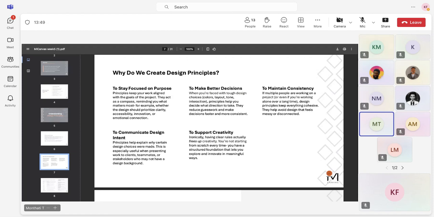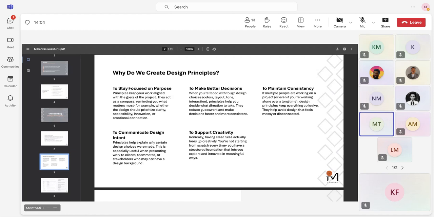But we all have to remember that it goes back to one app at the end of the day. So having the same principles that we use across can really help with something like that. And then it also helps you to communicate your design intents.